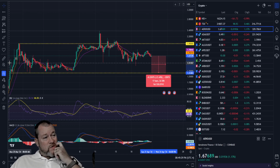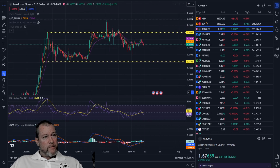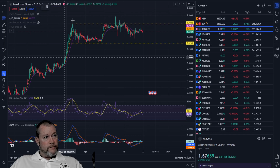Buying from here and selling at that mark again could be a nice gain, and then wait for the close over to try to keep it going. But it looks like it might just hang out in this channel for a while. But basically we want to see that $2 mark break, and then we can head higher. And then where do we go? If it does,